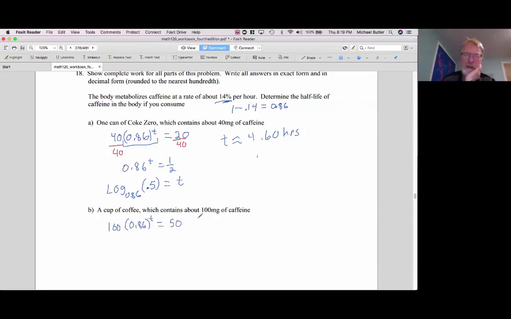Because what we want to solve now, again, we're solving for the half-life. How long until we've got half of the amount of caffeine in us, right? So half the amount of caffeine, if we start with 100, would be 50. Right, so if I divide out 100 from both sides,